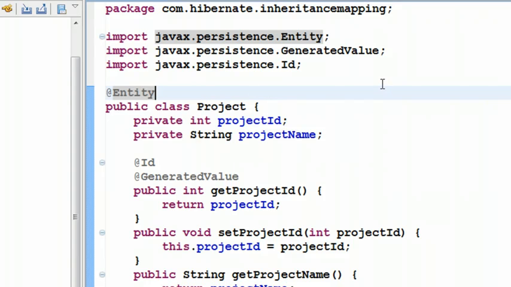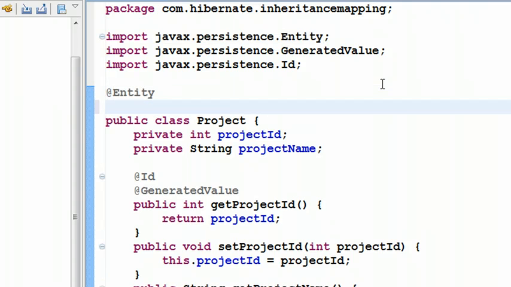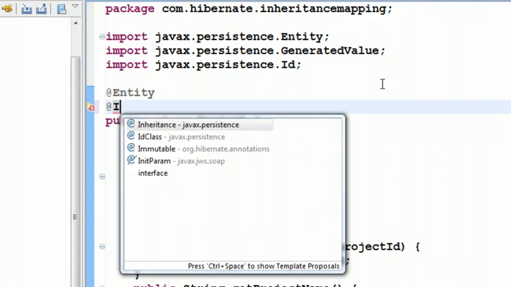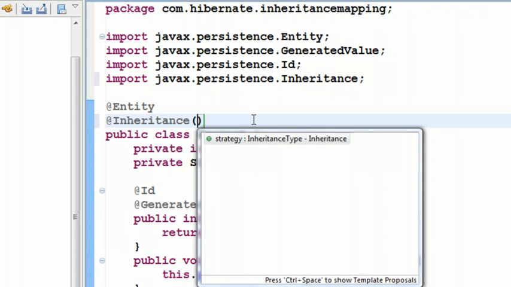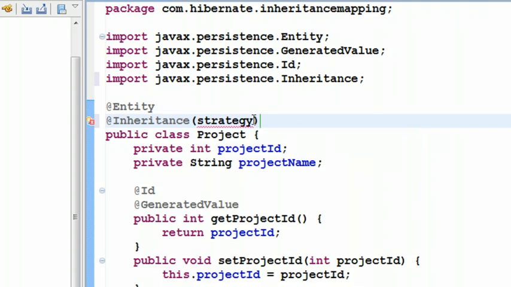Suppose you want to explicitly specify the default strategy also. It is not always a good practice to just leave it for default. It's a good practice to specify even if it is a default strategy. You can go on top of this project class, and then over here you can annotate it with @Inheritance, and within parentheses you can say strategy equal to